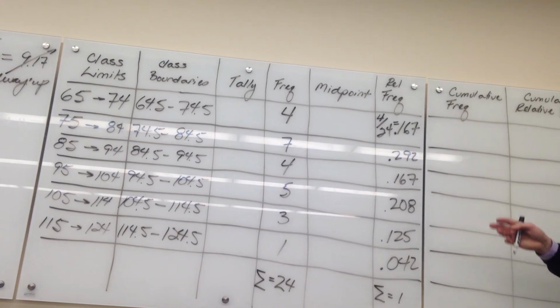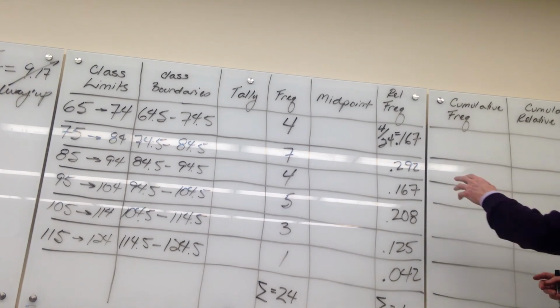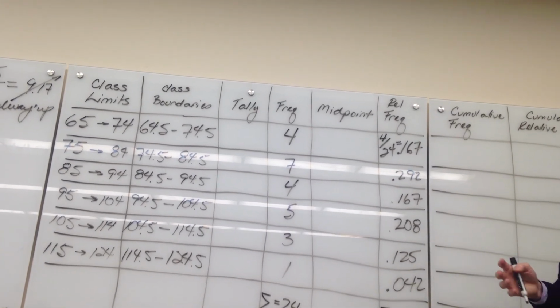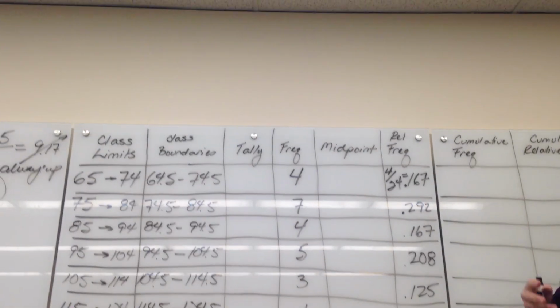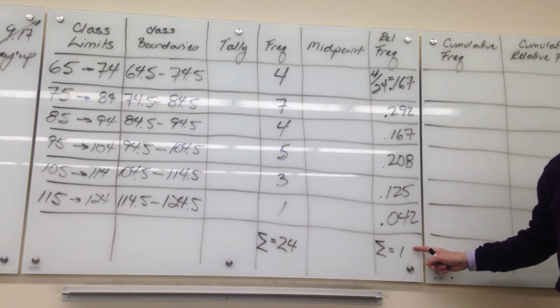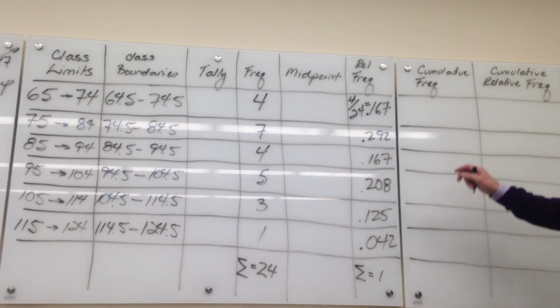That's the relative frequency, right? Actually, it's a decimal point, but it could be a percentage if I multiply by 100. It's a slice of the pie that's accounted for by that particular category. And hopefully they add up to 1 or 1.001 or something based on rounding, but they should add to 1. All right, let's figure out the next